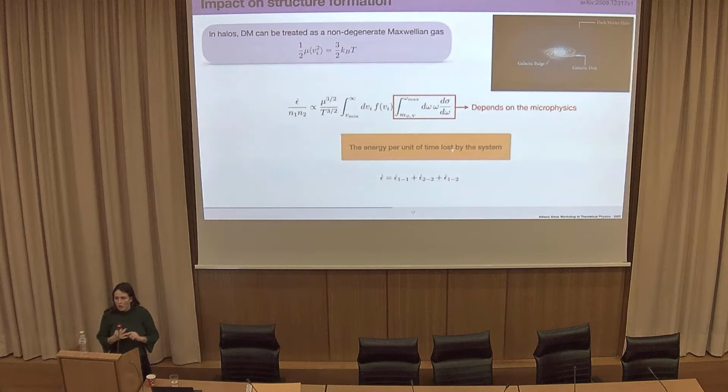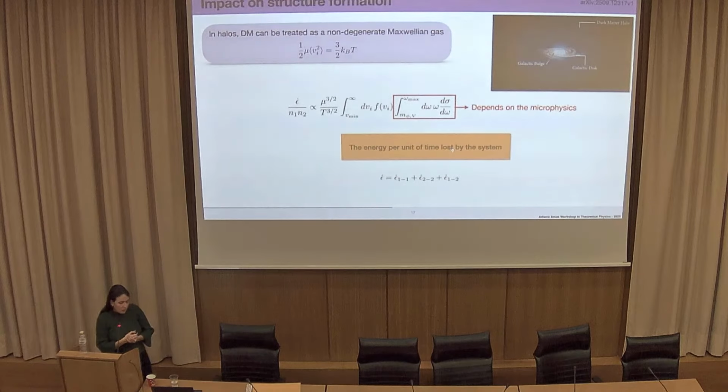So up to now, I tried to give you an overview of more the microphysics part of the work, but what ultimately matters is all these microphysics processes are actually becoming inside a more macrophysics system, which is for us a dark matter halo. And to do so, we can actually imagine that our dark matter halo is a kind of non-degenerate Maxwellian gas that is composed of our different dark matter scenarios, which makes the link between this initial velocity, from which we have done the expansion of the amplitude, to the temperature of the system.